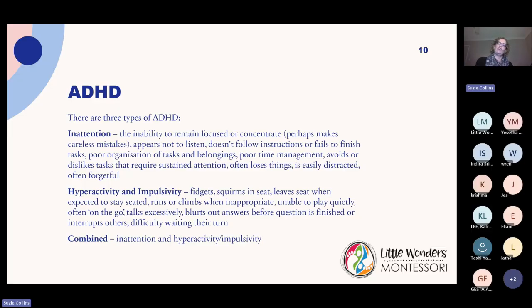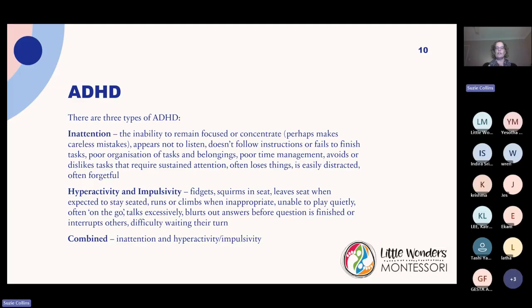And we're also just going to have a look at, within ADHD, there are actually 3 different types of ADHD. I know some of you may be aware that we used to have one called ADD and one called ADHD. So when the new DSM-5 came out, that was all clustered under the one diagnosis of ADHD. And then there are these 3 different types. The first one is what we call inattention type.